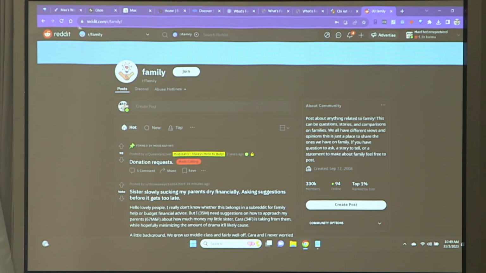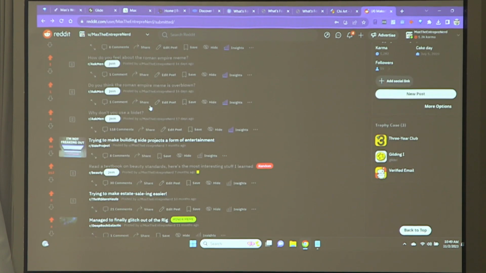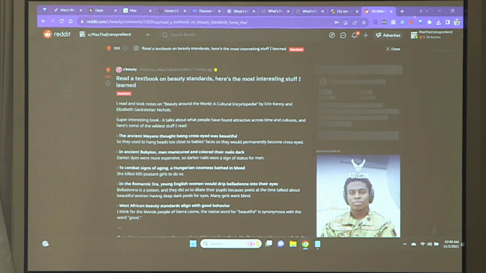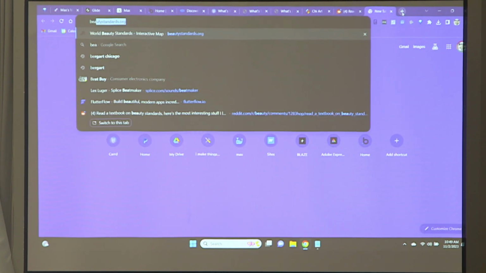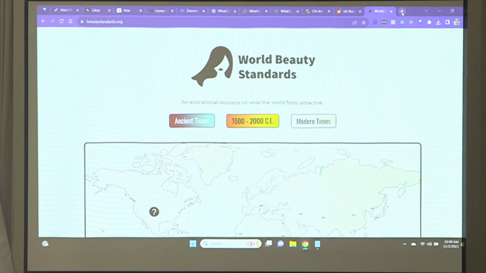I'm going to show you a couple of examples of things that I've done for little ideas that I've had in the past. Let me go back to my posts. Yes, here it was. This was cool. I made a little project a while back and I wanted to market it. It was called beautystandards.org. I wrote a textbook on beauty standards around the world and throughout history, and I thought it was just super, super interesting. It was just a personal little project of mine. No real commercialization option there. It was just fun information that I learned.